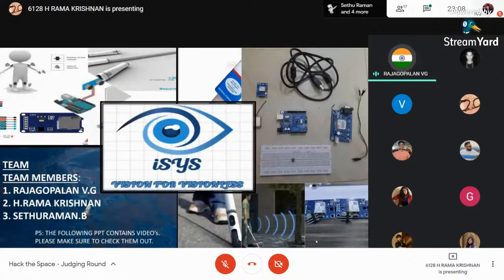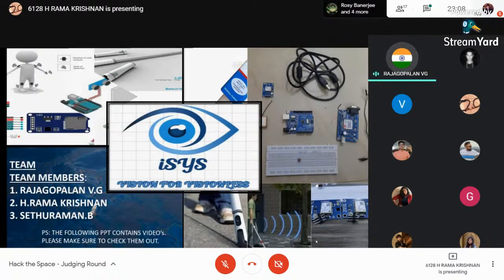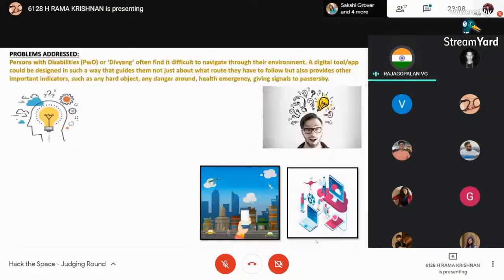So good evening to everyone. We are the team Guide Pod, and I'm Rajagopalan, and my friend Ramakrishnan is presenting, and our other friend will be Sedrambi. We are here presenting our project on ISIS, Vision for Visionless. Basically, we have made a tool or an app or a device that helps people, especially blind people, to